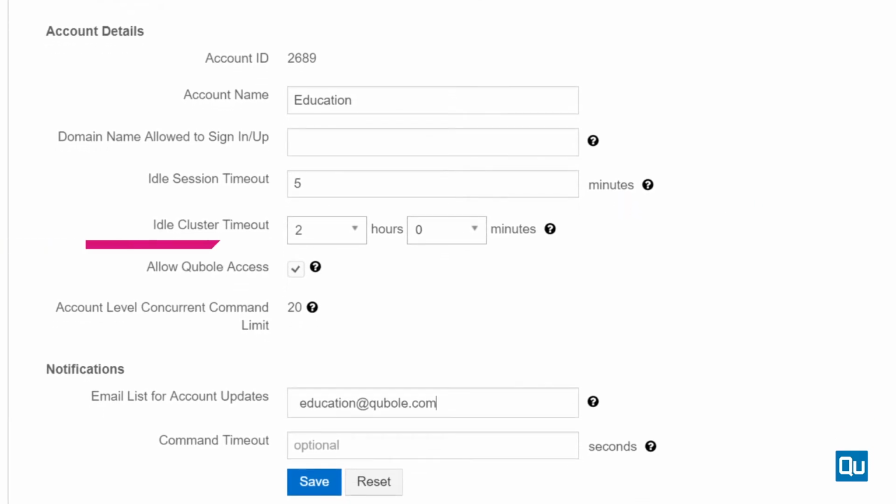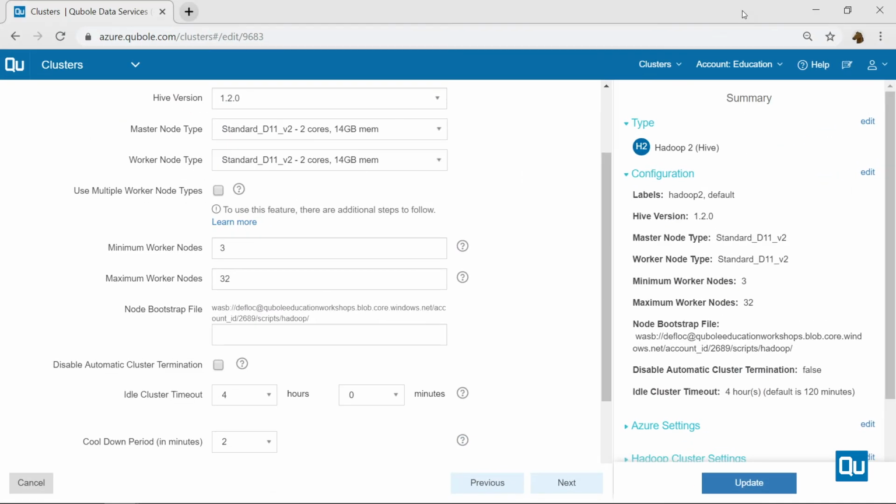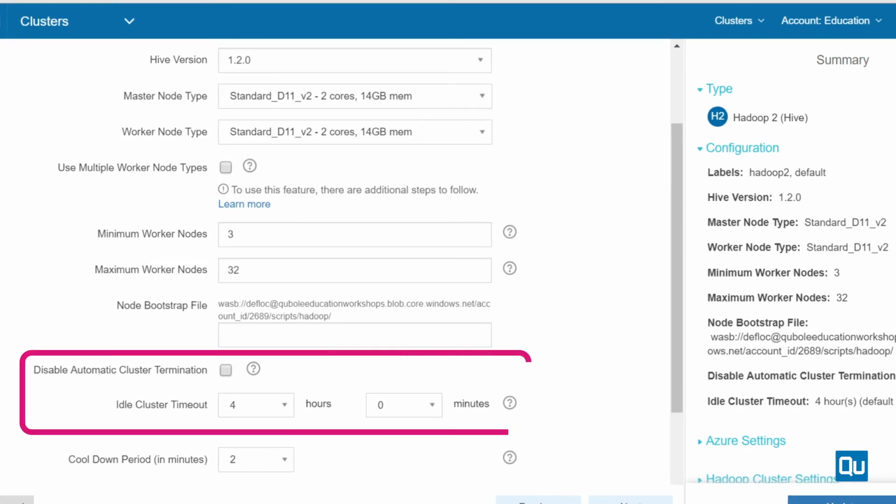The Idle Cluster Timeout functions the same way, terminating a cluster when not in use. This can save compute costs for your organization. The default is 2 hours and is effective upon completion of all queries. Override this setting at the cluster level to allow for variations in use cases. For example, a workload that is scheduled to run every 3 hours might require a longer timeout period to avoid